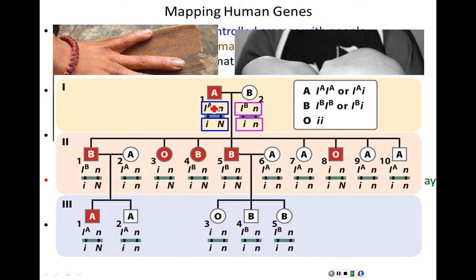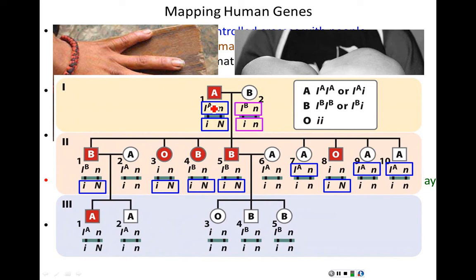Now we can watch the transmission of these chromosomes in the pedigree, because for the blood type, the alleles always show through due to codominance, and the syndrome is dominant. So anybody who doesn't show the syndrome is known to be homozygous recessive. So we can look at each of these individuals in this pedigree and assign to them which chromosome they got from which parent. What I just did there was take the chromosome from the father and assign it